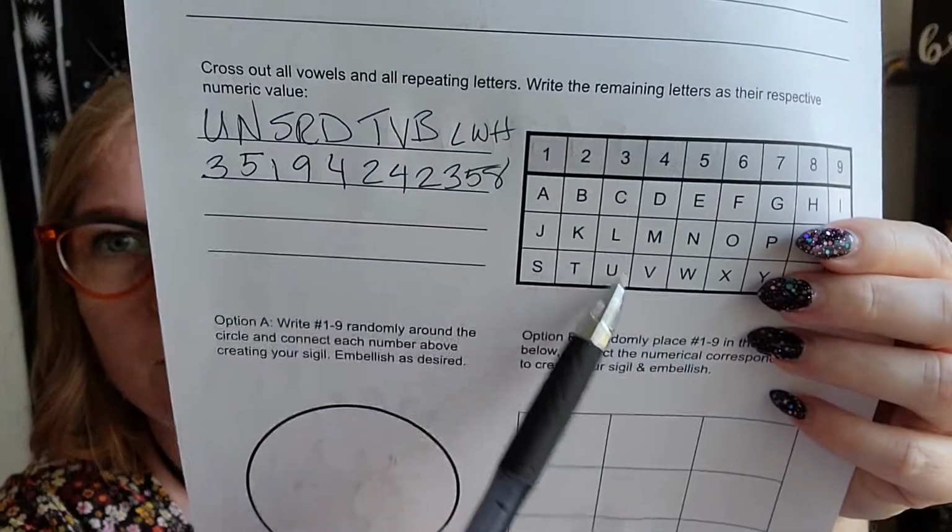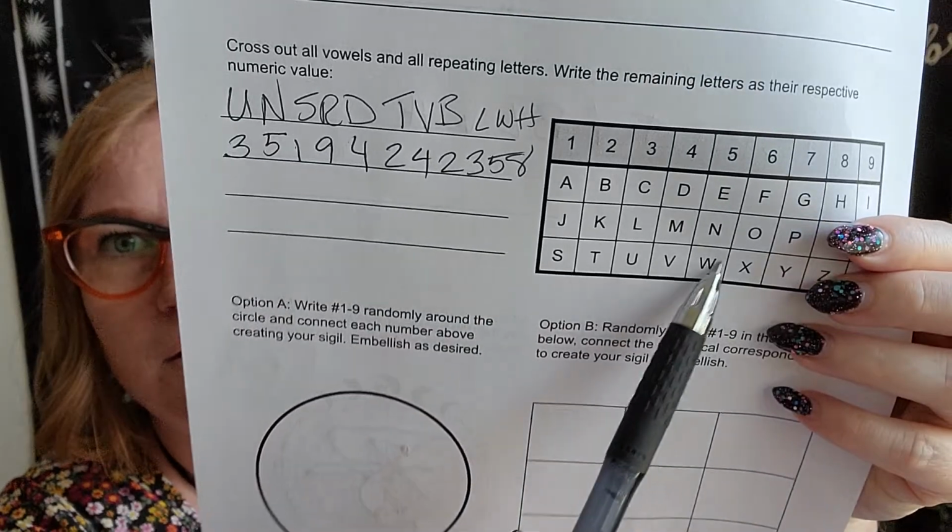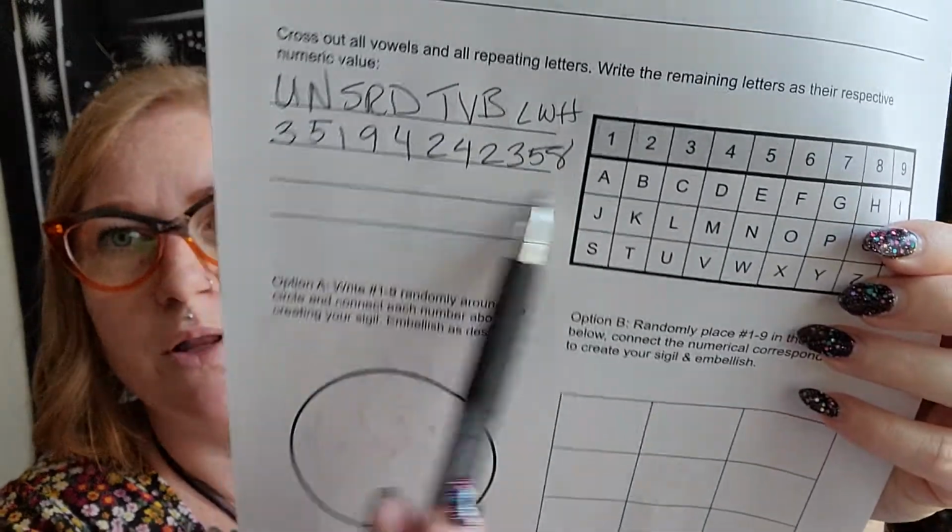So I just found the U here, and it's a number 3. N is a number 5, and then I just wrote them below there. So we have them transposed into the numeric value, which can hold its own vibration. So the two methods I have using numbers are the circle and then the block of 9, or the 3x3